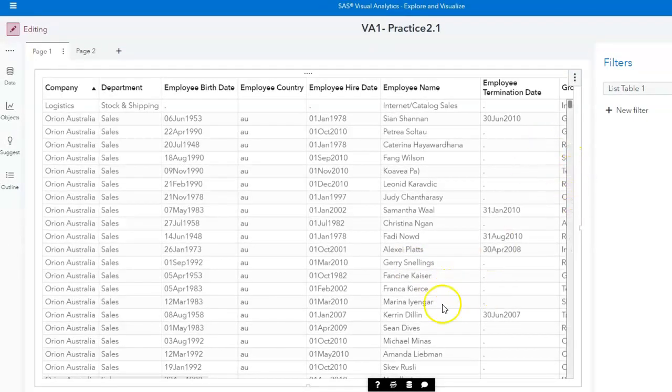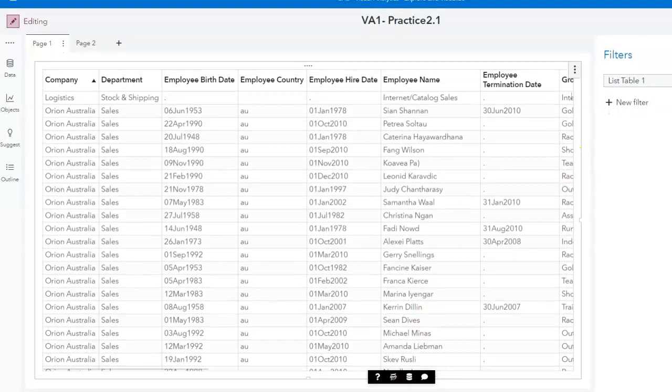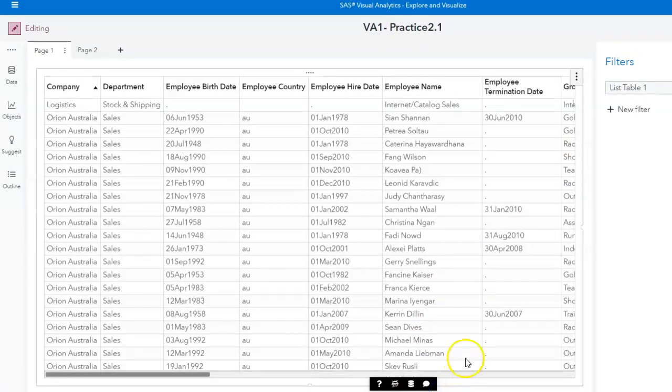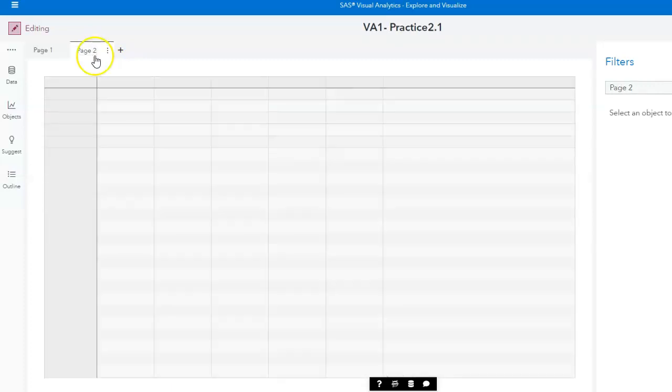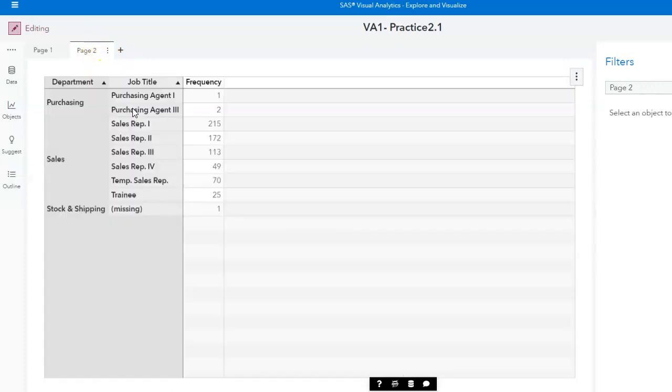And from here, we would look to see which employees are still active or retired. We see employee termination date, and if there's no termination date, then we see which employees are still active. And then we're going to click on page 2, and it asks us where's the missing job title, and we see that stock and shipping right here has the missing job title. And then we're going to go back to the data tab,